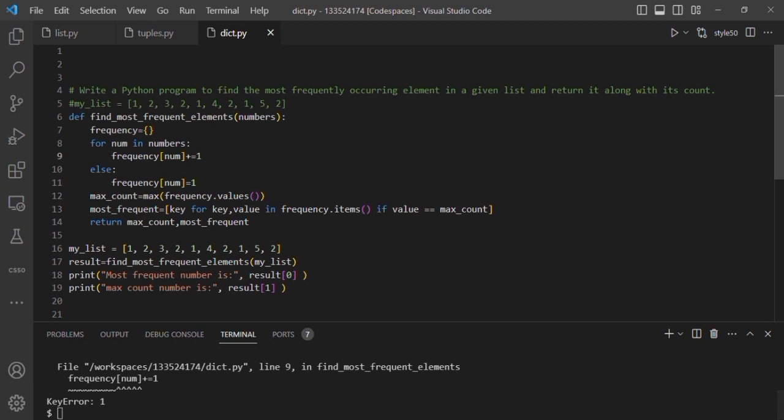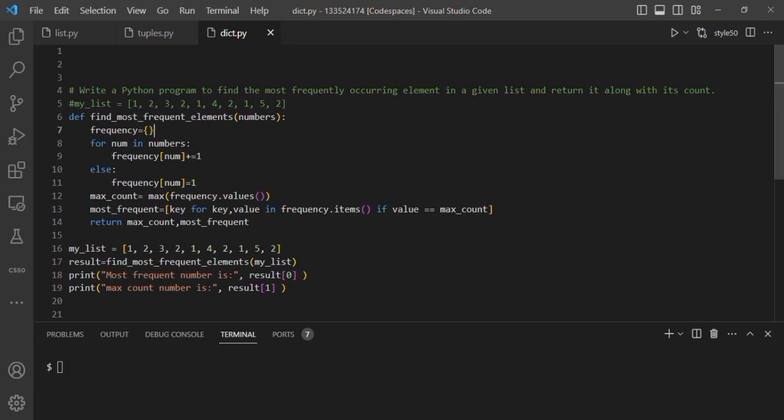What is the mistake I did in line 9? Oh, I didn't give the if condition with else. So let's give the if condition first here. Make sure to read each line of code that you have written so that if you did a mistake then